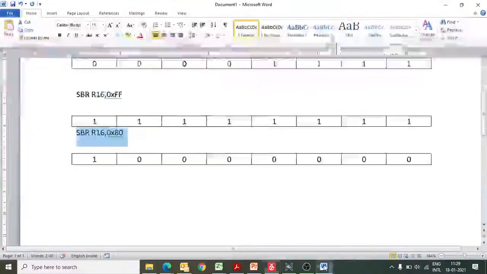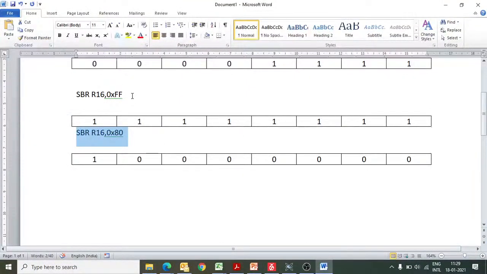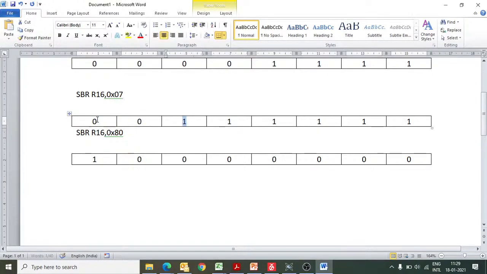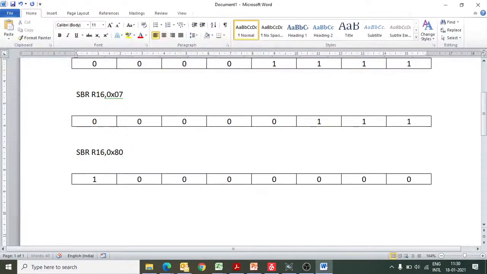Okay, so I will go back to this Word file. Previously, before execution of this instruction, we had 0x07. 0x07 means this was 0, this was 0, this was 0, this was 0, this was 0. Only the last 3 bit positions were set, that is 1 1 1. But when we give this instruction, it will not affect the bits already set by the previous instruction.